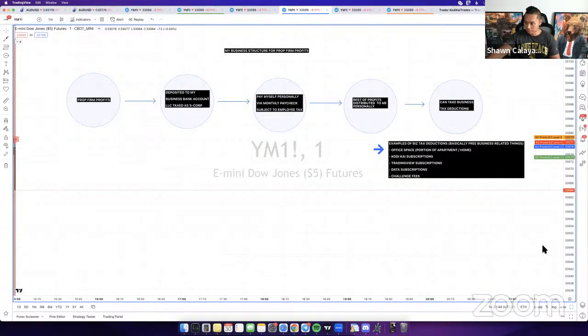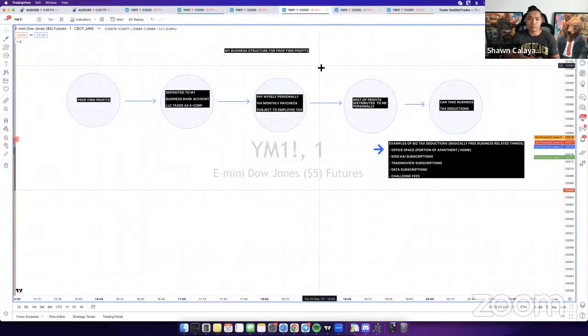Let me scroll up real quick. Richard's asking, is it also possible to have payouts go to your family foundation as well? Yeah, I mean, you could create a trust for it. They would still have to be taxed though. It's gonna be the same thing. So yeah, technically you could do that. You can have a deposit, but the taxes would have to be accounted for. It's not like money popping out of nowhere that you can just put into your trust, right? Even if you want to put it into your family foundation, which is a trust, you can't get away with not paying taxes on that money.